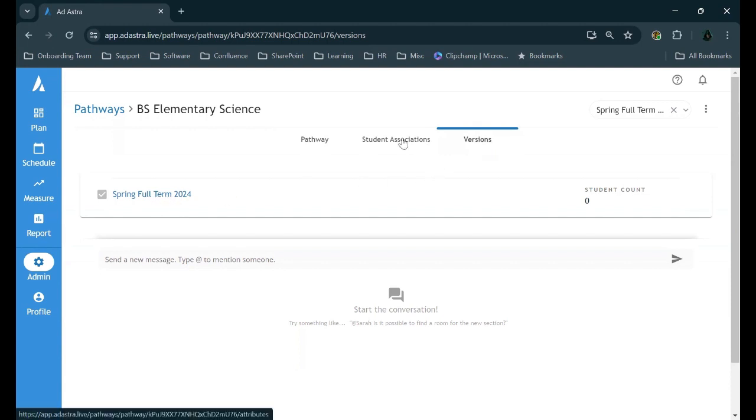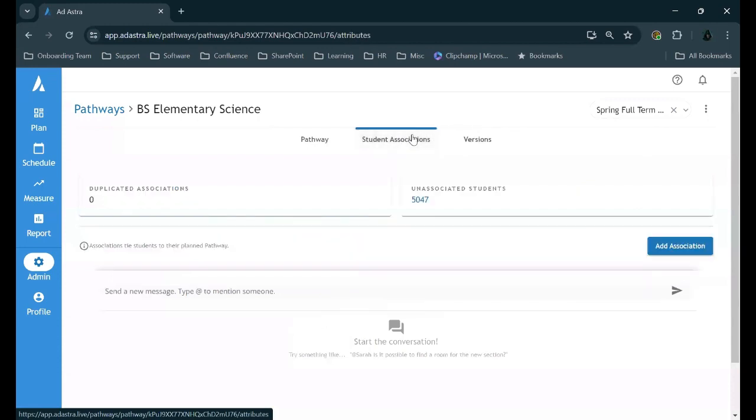Let's go to the Student Associations tab, which displays duplicated associations and unassociated students hyperlinks in case the new pathway will assist with one of those. For our purposes today, the title of the pathway is inside of the unassociated student association that we're creating today. If we click Add Association,